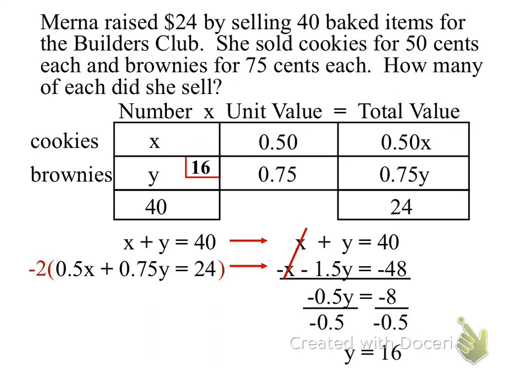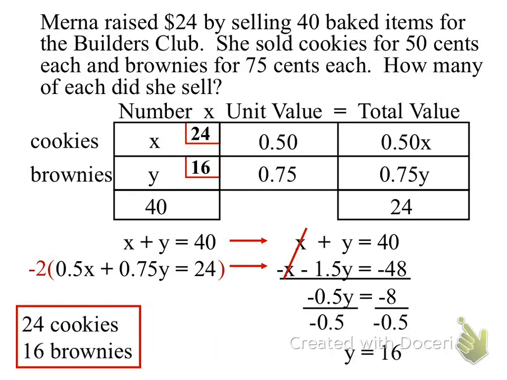Now, what would be my x? What is my x? Yes. Can't you subtract 40 minus 16? Yep. 40 minus 16 is 30 minus 6 is 24. So, we sold 24 cookies and 16 brownies. Yes, Daniel. How is negative